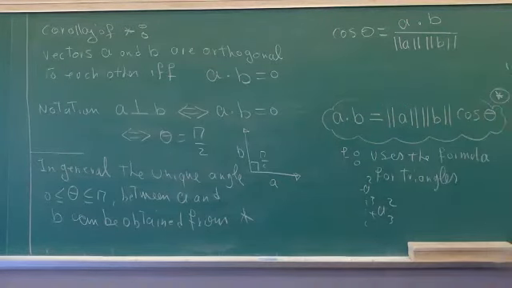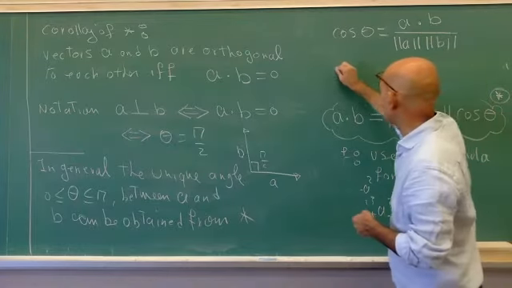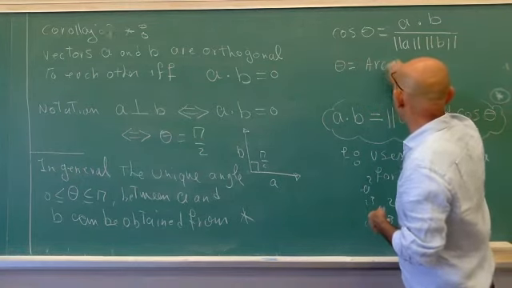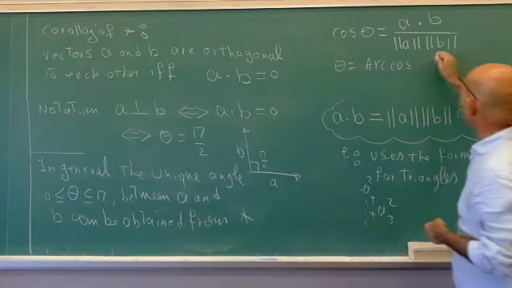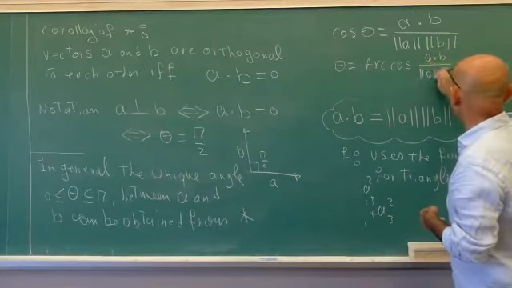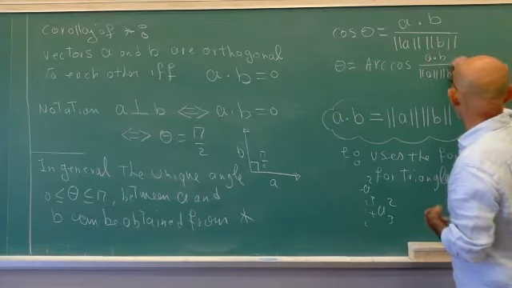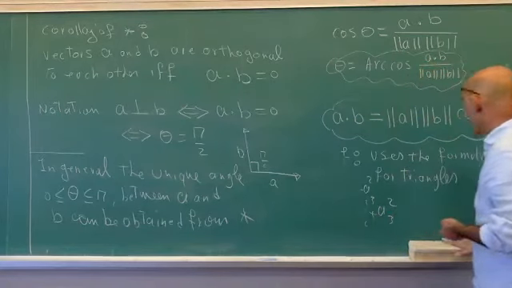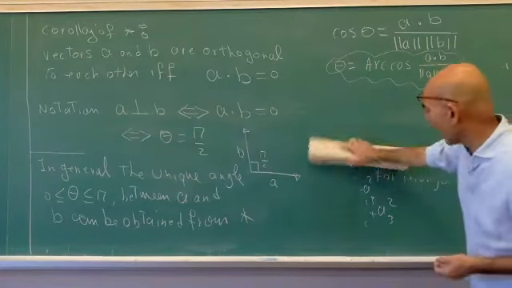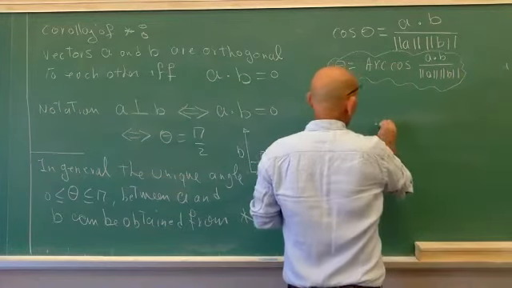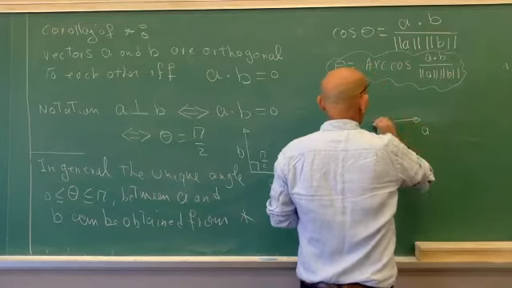Okay? So you can write this equation in a different way. You can just say theta is equal to arc cosine of A dot B divided by norm of A, norm of B, right? So when I say the unique angle, I just mean this. Given any two vectors, A, B,